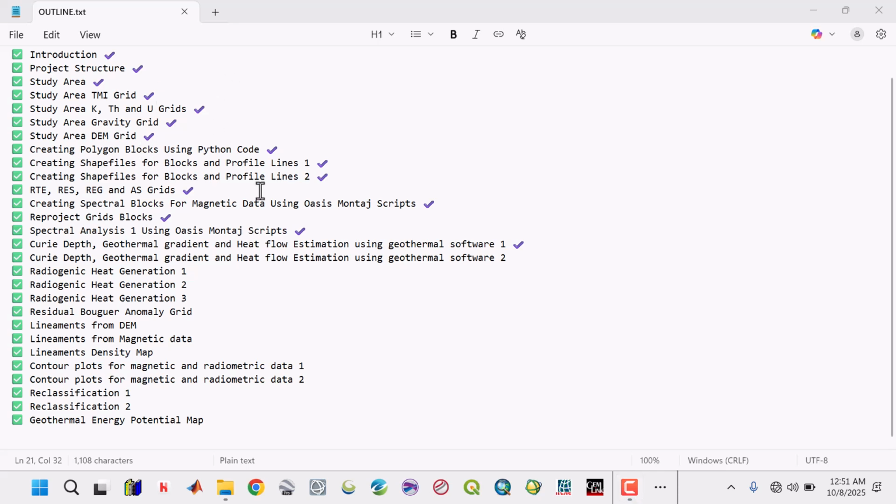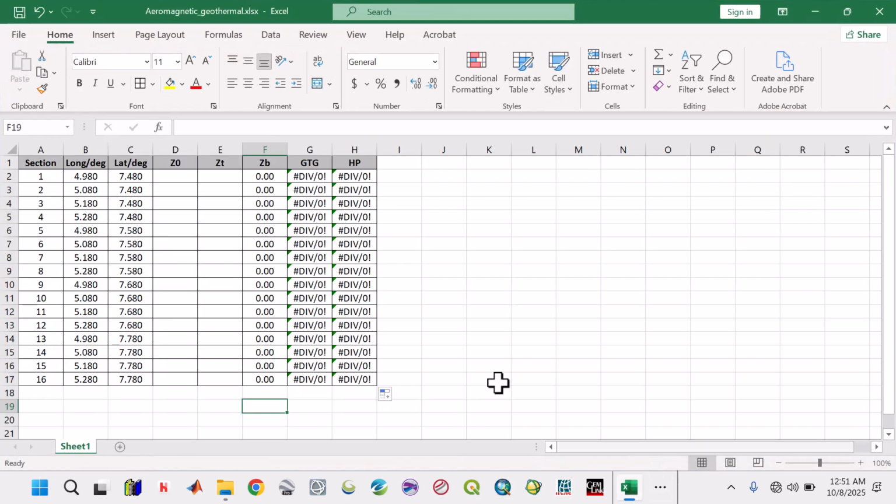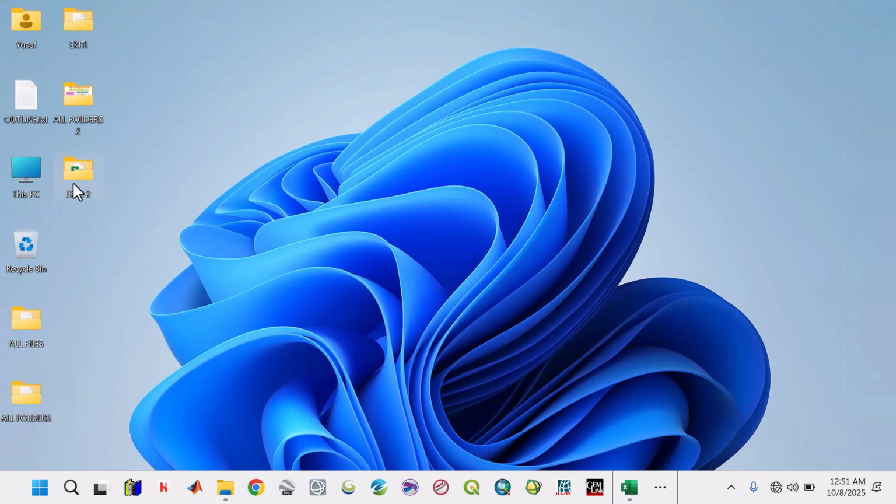Welcome back. Now we're going to continue from where we left off to estimate the Curie depth, geothermal gradient, and heat flow. So we continue from where we stopped. We have seen this is twice this minus this, 580 divided by this, 2.5 multiplied by this. That will give us this. All you need to do is to open our images while we saved it the other time,